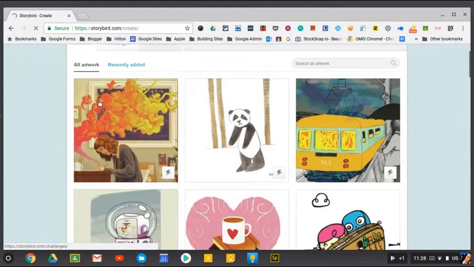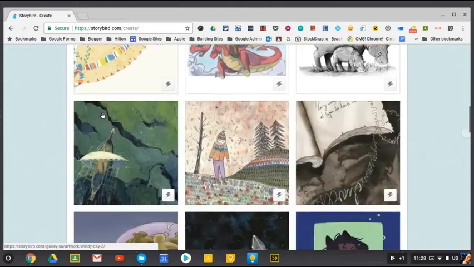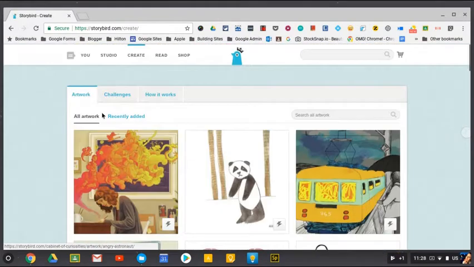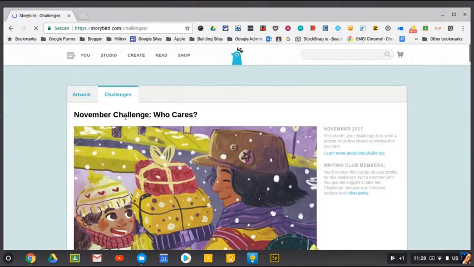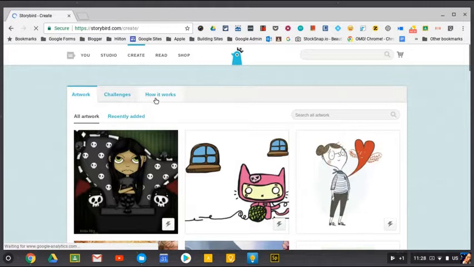Create is exactly what it sounds like, because this is where the magic happens. Here's where you browse through artwork and select collections, view any challenges. So you'll see again the November challenges here. So they have it like in all these different places. Go back to create. And then the last one, how it works, and it just gives you kind of a